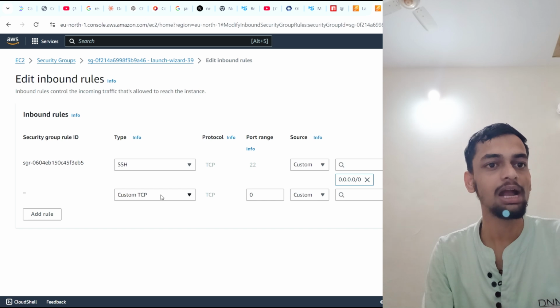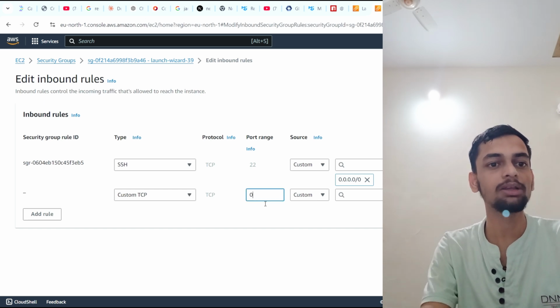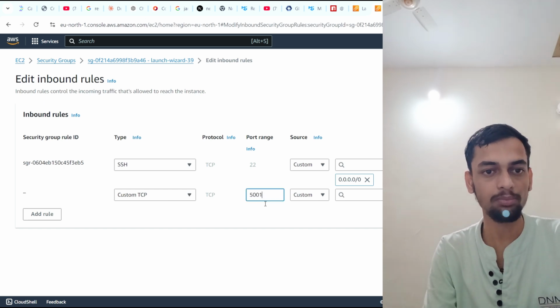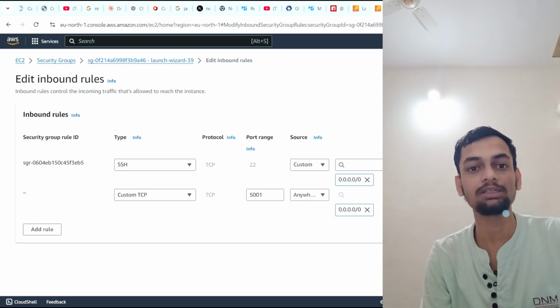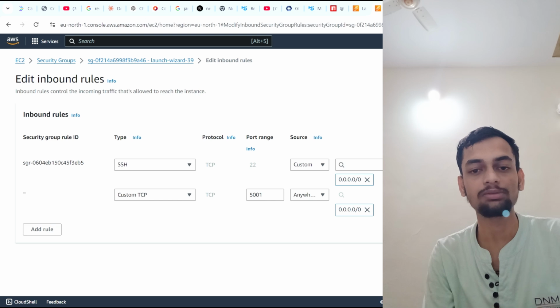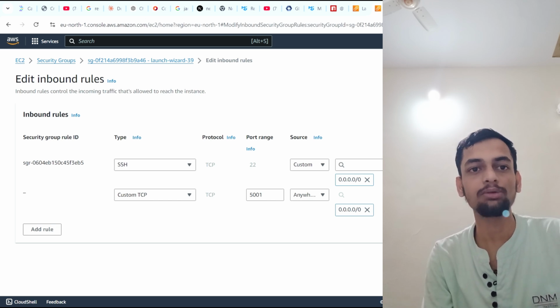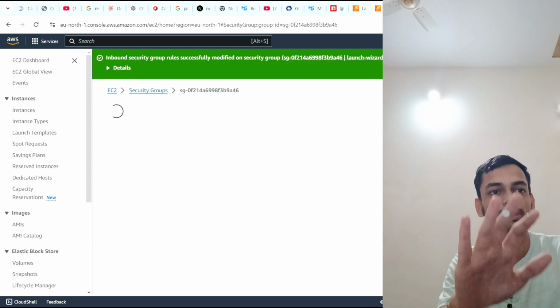This is custom, and the port you require is 5001, and anywhere IPv4, anywhere. If this exists, the 5001 port inside my application, I need access over that. Just save this. Once it is done,